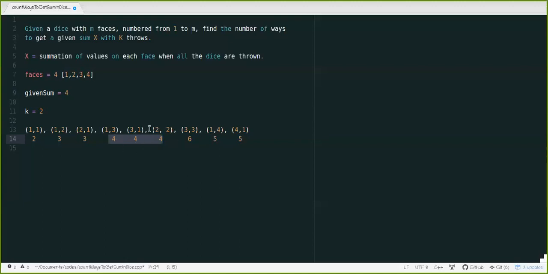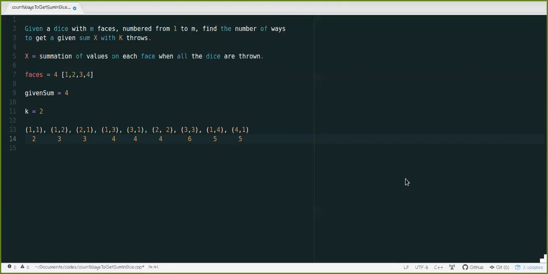So there are only three possibilities. So guys, this is the answer, which is 3. We need to return 3, as the question is basically asking us to return the total number of ways, which is 3 right here. Okay, I hope you get the question in a very fundamental way.